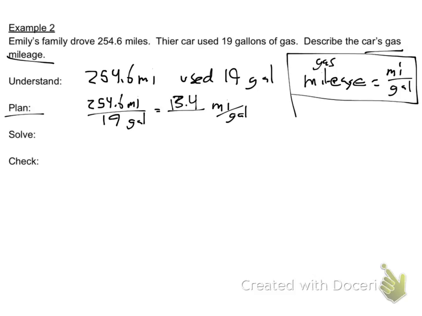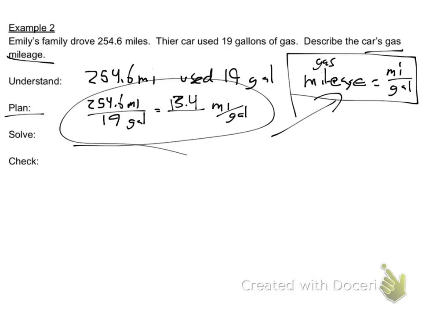And so we kind of did all of the steps. Granted, we didn't write everything down, but we came up with a plan while just understanding the problem that led us to solving it, and by solving it, we came up with 13.4 miles per gallon, and we kind of sit back and say, okay, what's an acceptable miles per gallon for a car? And that would be